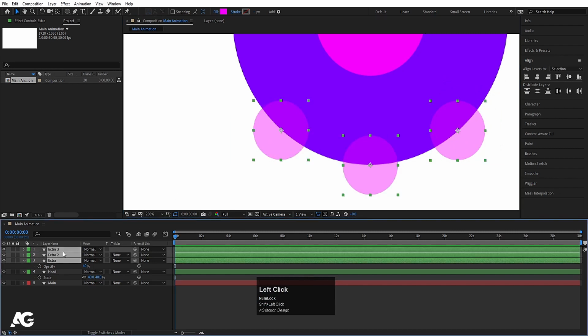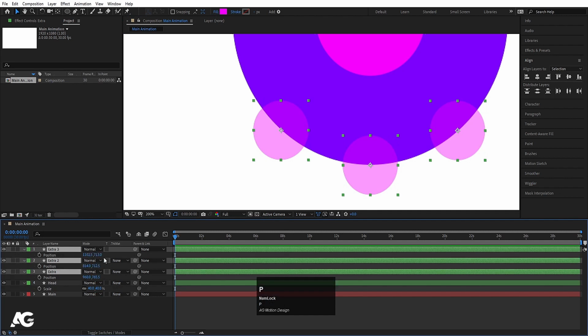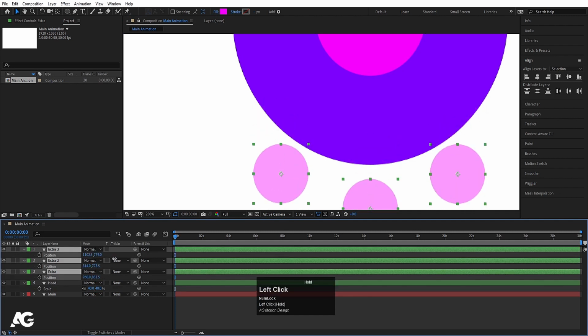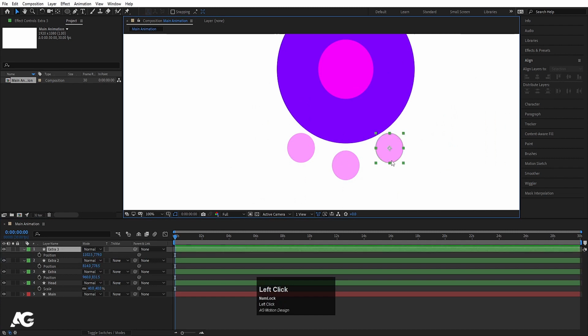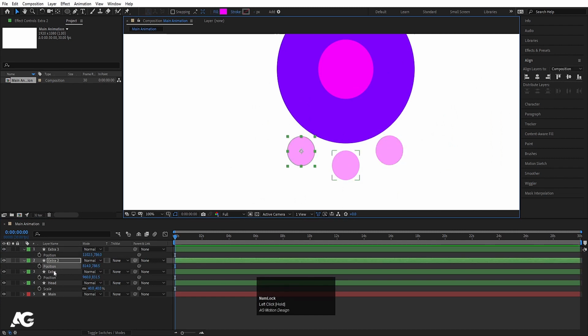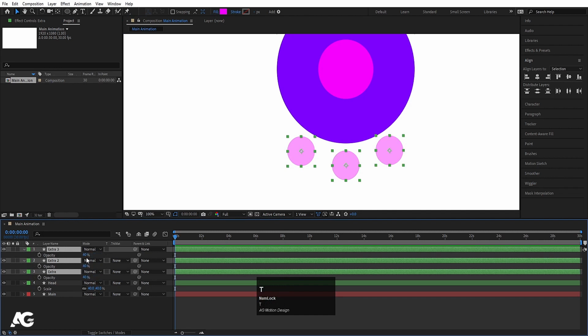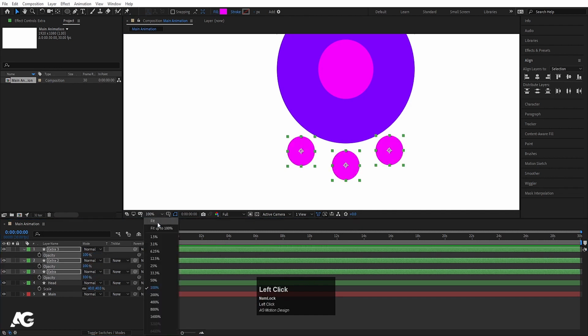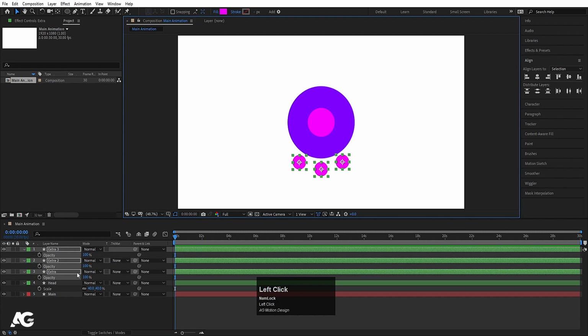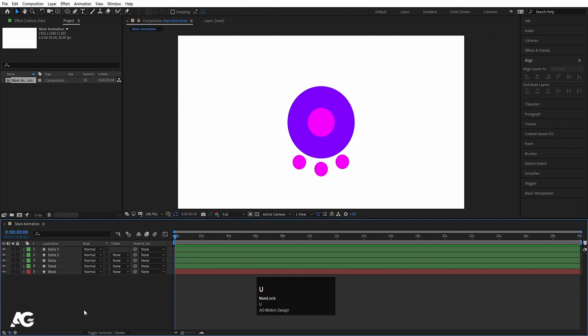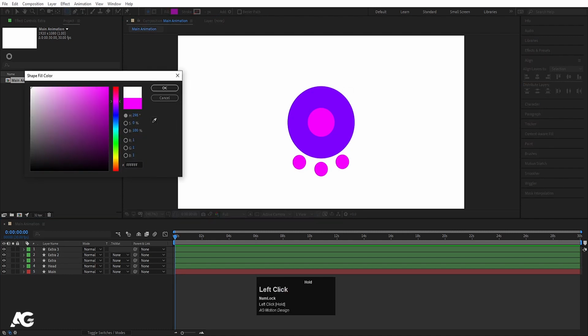Now select all the three, press P for position and bring them a little bit down. Let's move this a little bit down and move this one also a little bit down. Select all the three, press T, and let's make the extra opacity 100 again. Now hit U. Now we will again create one ellipse, and this time I'm going to choose white color and